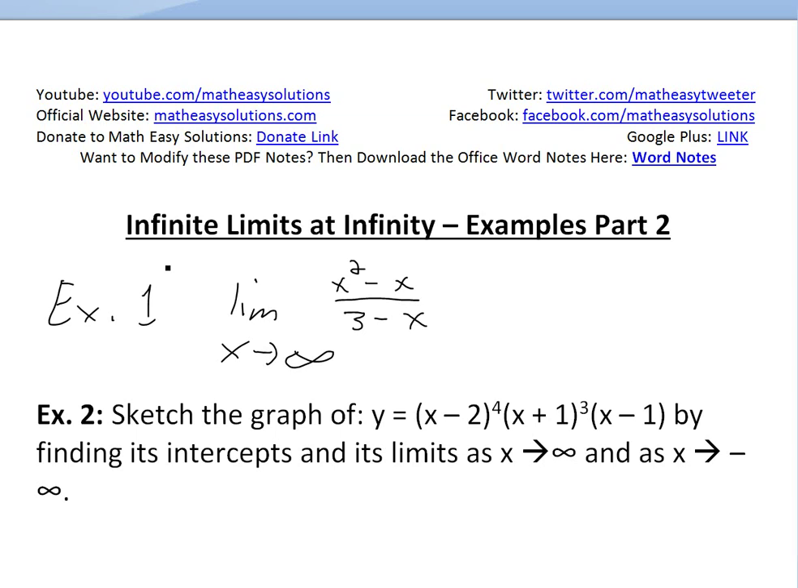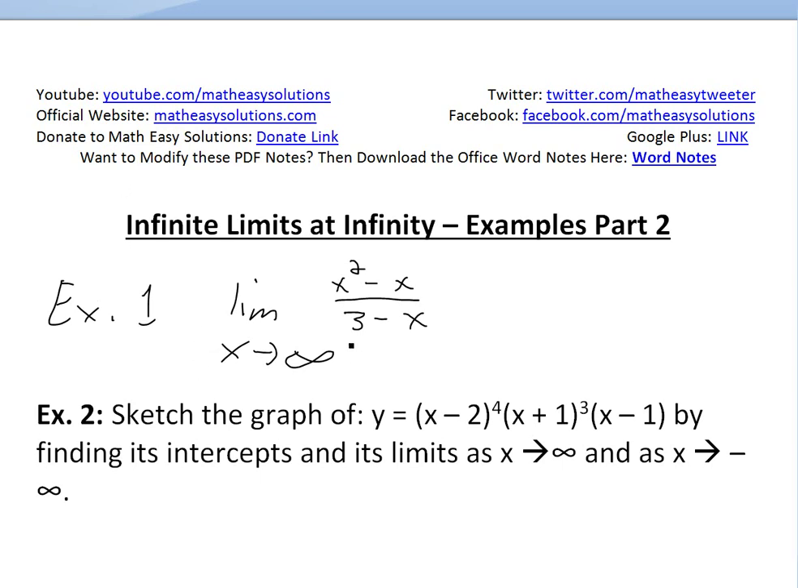Hi, it's time for the math. Easy solution to discuss further into infinite limits at infinity and look at a second part of the examples series, basically over these two useful examples. And the first example I'm going to go over is this one right here, which says, example 1, limit as